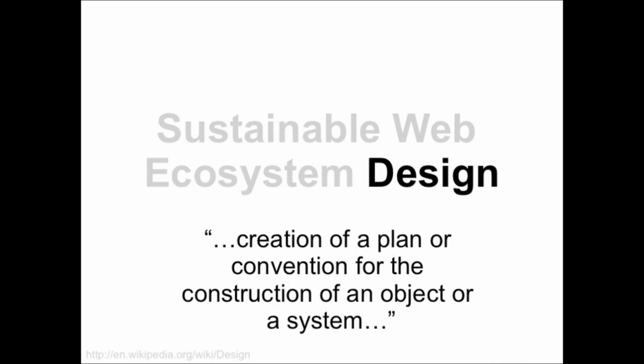Now we come to the design part of our term. What we mean here is more or less the idea of design as far as systems design, right? So we're not necessarily talking about graphic design here, although, of course, within this web ecosystem, all these considerations that we're working on,